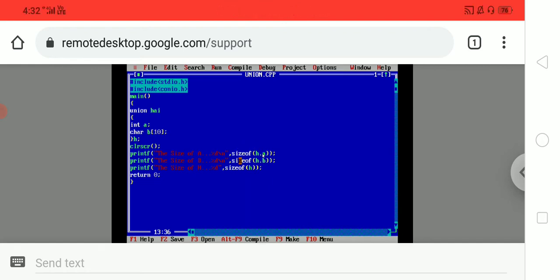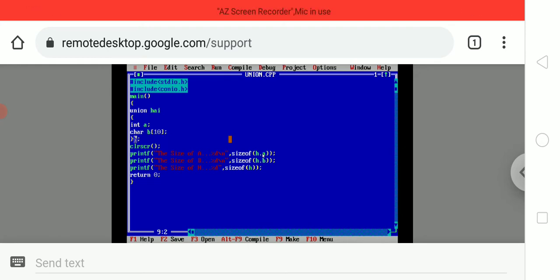We already know that sizeof is an operator, and it is used to get the size of a particular data type or variable. We already know the int size is 2 bytes and the char size is 1 byte, but here I used 10 bytes, so 1 into 10, total 10 bytes, and for h we don't know, because in structures we already discussed the size of a struct variable.